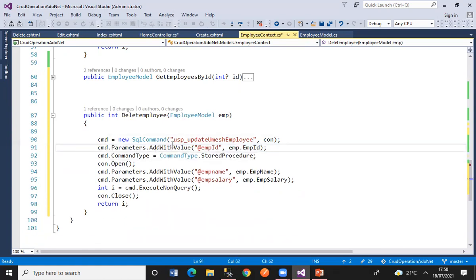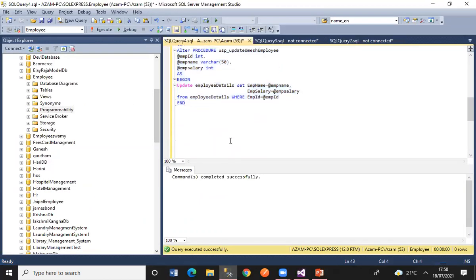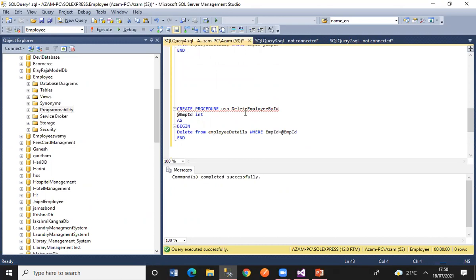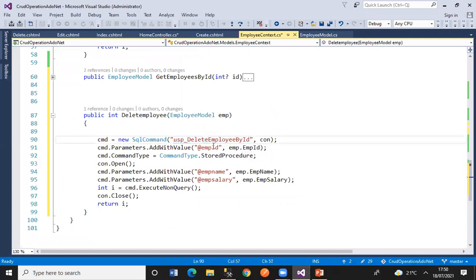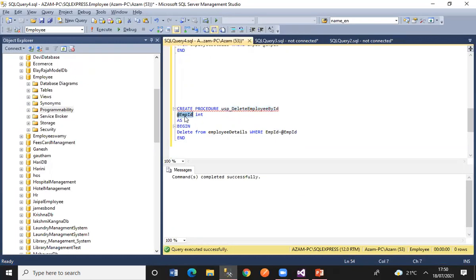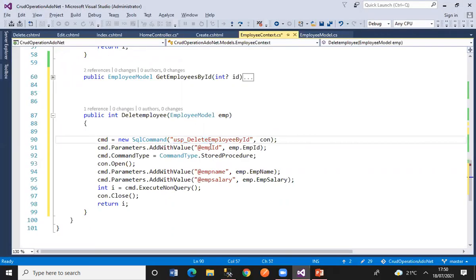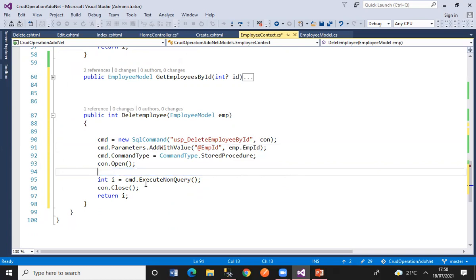And here, if you see this, this is a stored procedure. Already we have written one stored procedure for delete also. Let me see if any stored procedure is there for delete. Yes, DeleteEmployeeByID. We have it: delete from the EmployeeDetail table where empid equals @empid. So whatever empid I pass, that detail I want to delete. So copy this delete stored procedure and paste it here. Here it asks for the parameter as capital empid. Just pass the same parameter here, and remove the extra @ from there. Here we don't require these two parameters because we are not using them, and we don't have those two parameters in the stored procedure.